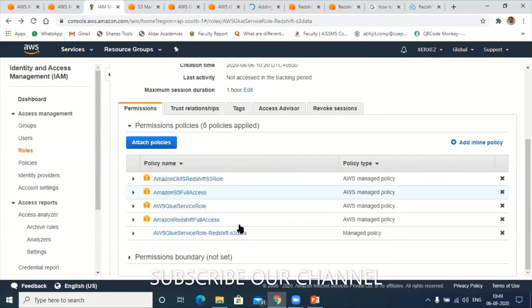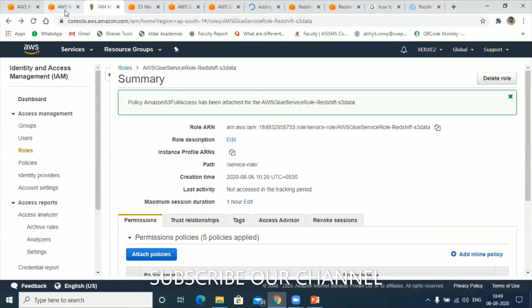Okay, so let me go again. Hover over to Glue. Again, I'll try here.